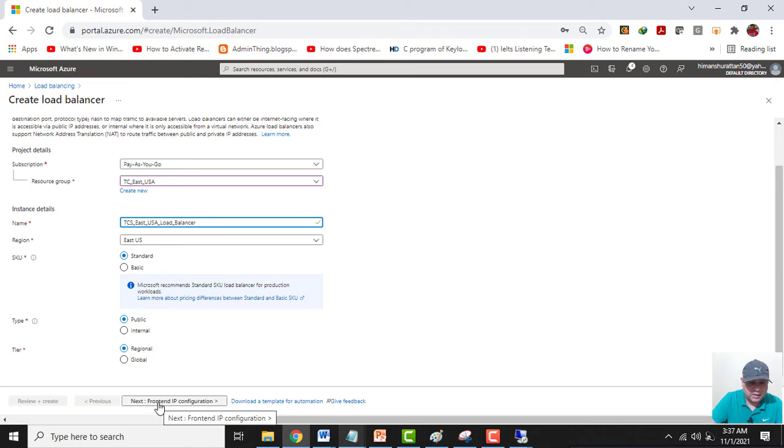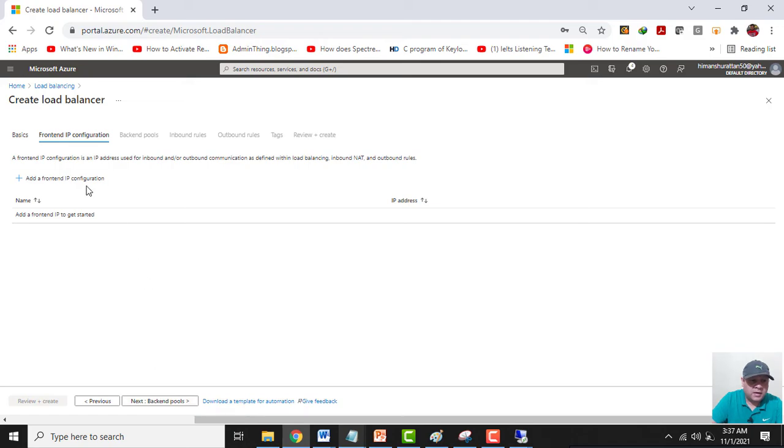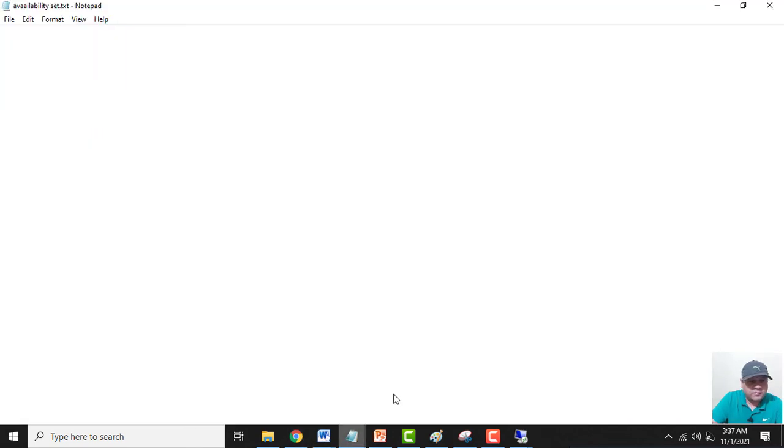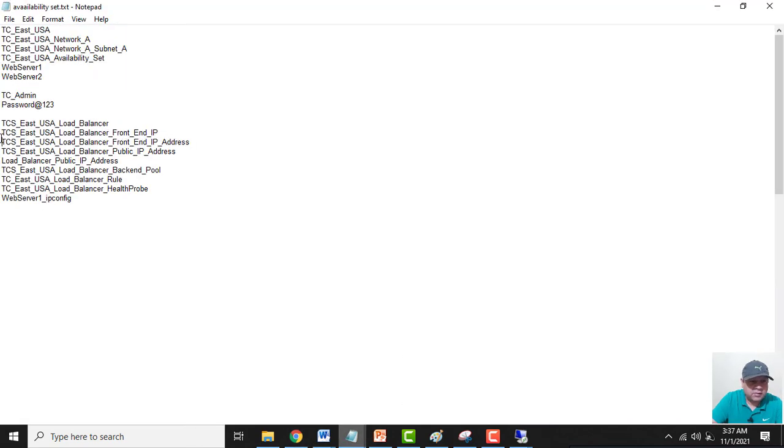Now click on Next, Front-end IP Configuration. Here I need to give the IP for this load balancer. Click on Add. Now let's give some name to this IP address. I will give it TC_East_USA_load_balancer_front_end_IP.